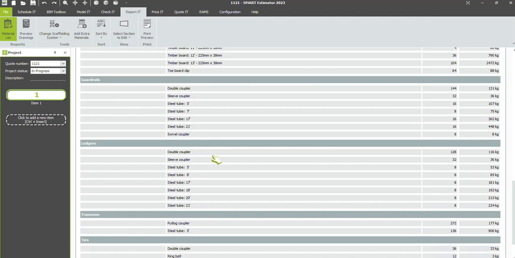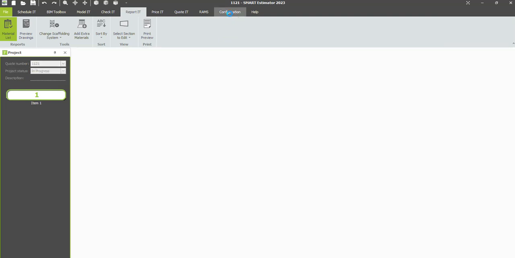If there is a component size that you carry in stock but don't use for everything, for example, you may say that we carry 21-foot tubes, but we only use them for standards, we don't use them for guardrails or ledgers, we can actually configure that in the background of the software. So if we go to configuration,